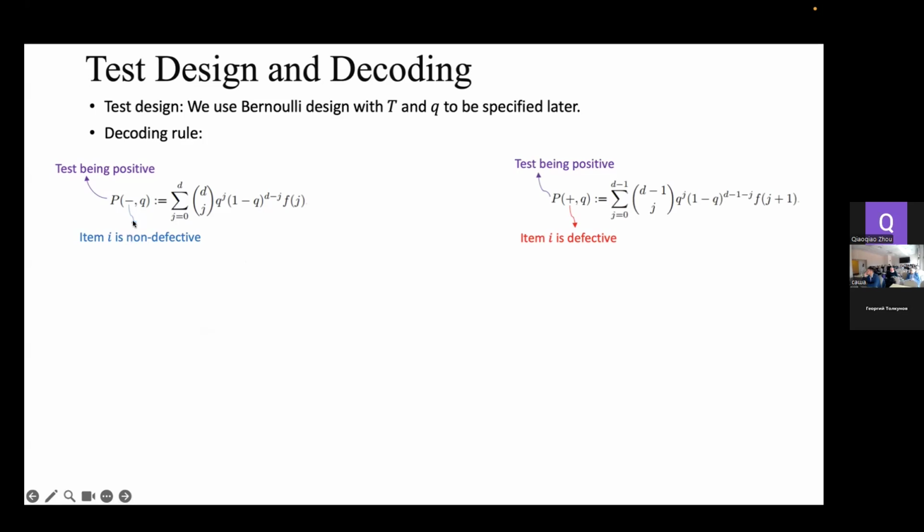Suppose item i is non-defective, and this is the probability of the test being positive. If item i is defective, the probability that the test is positive is slightly different. So how can we